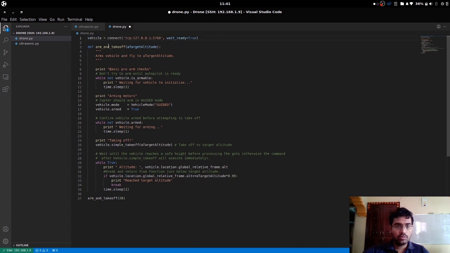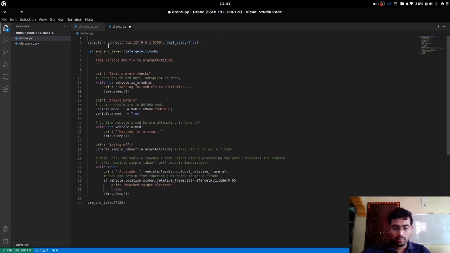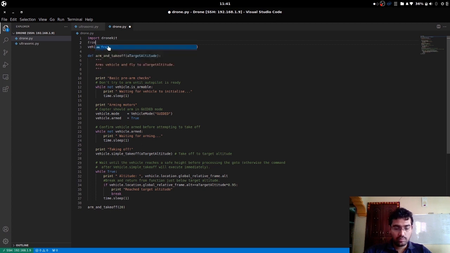First you'll have to import DroneKit. From DroneKit, import connect. And vehicle.connect.